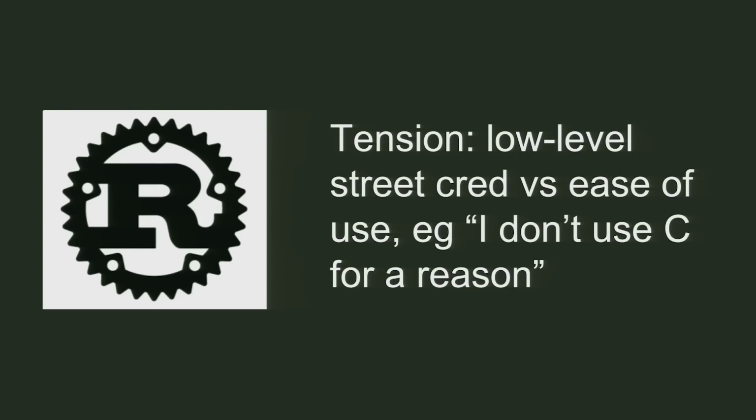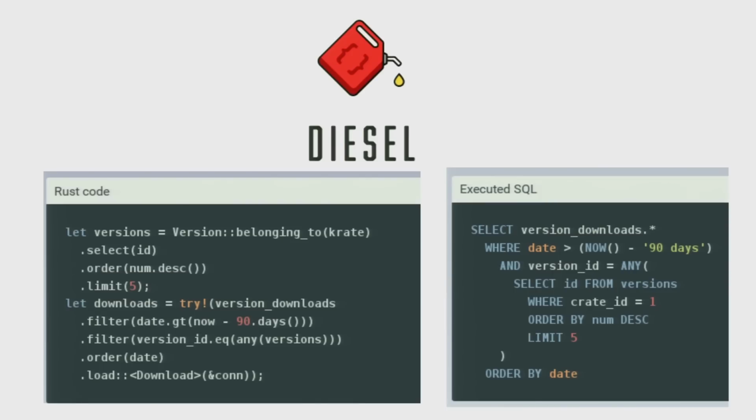And so this is generally a problem that we have about how to properly get across this message. Historically speaking, because we come from the low-level systems space, we've tended to focus on the low-levelness of the language, but I think that drives away a certain class of users that would happily use Rust otherwise. I also call this the diesel objection. My friend Sean writes this ORM called diesel for Rust, and he gets mad at me every time I talk about Rust being low-level, because he's like, that's totally irrelevant for my use case. I do not care about this.